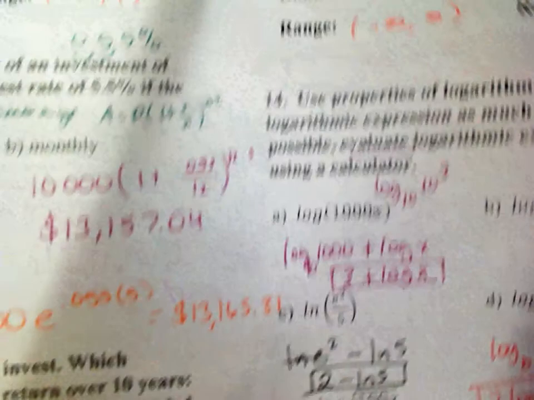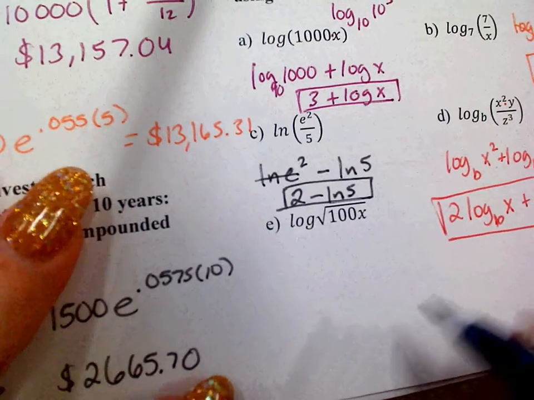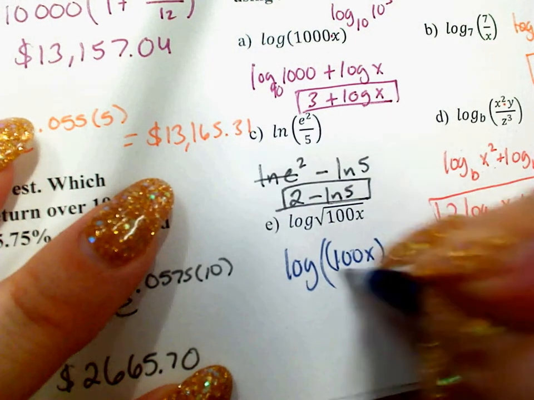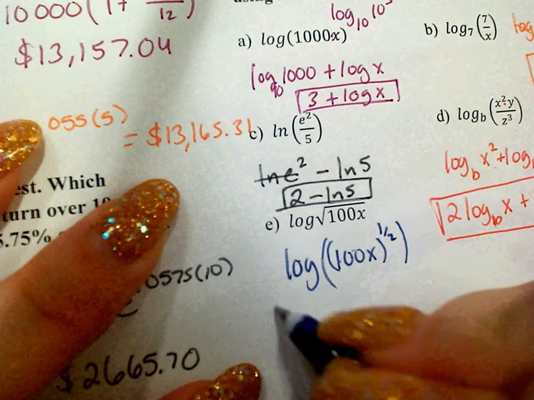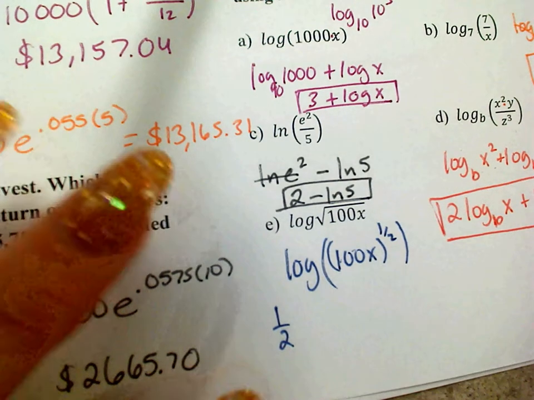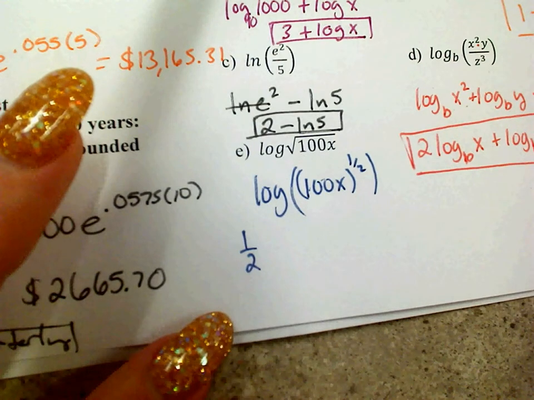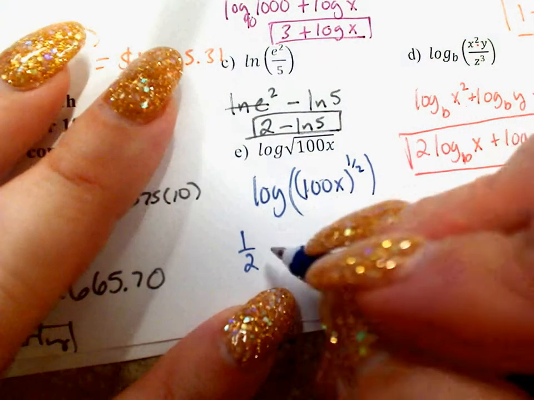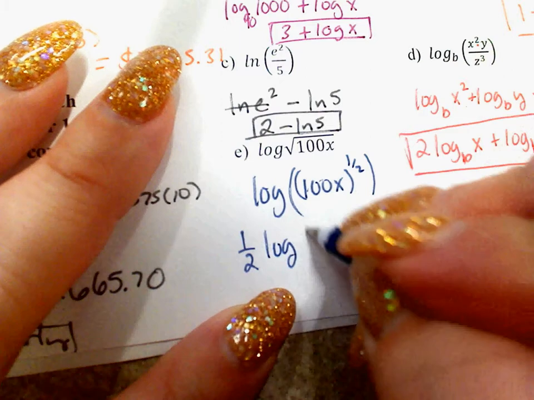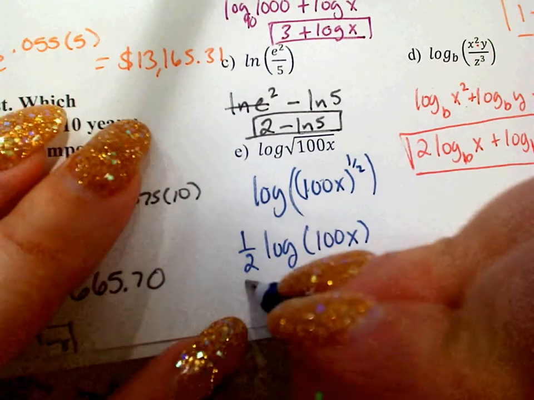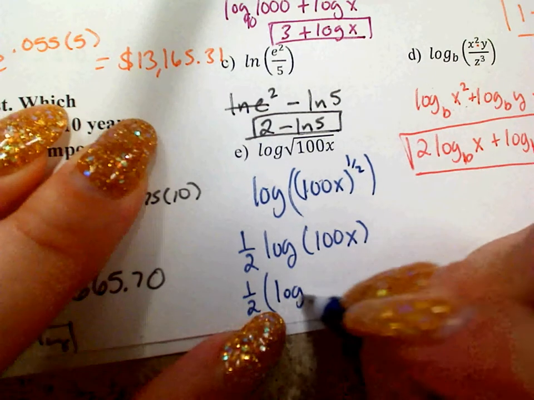But in this case, the square root is the power of both 100 and x, so it is log of 100x all to the 1/2 power. So I'm going to bring the 1/2 down to the front, or you could split it up. Did anyone take the square? Oh, I'll just give you a second. Okay. Log of 100x. I would split that up and say 1/2 times log of 100 plus log of x,